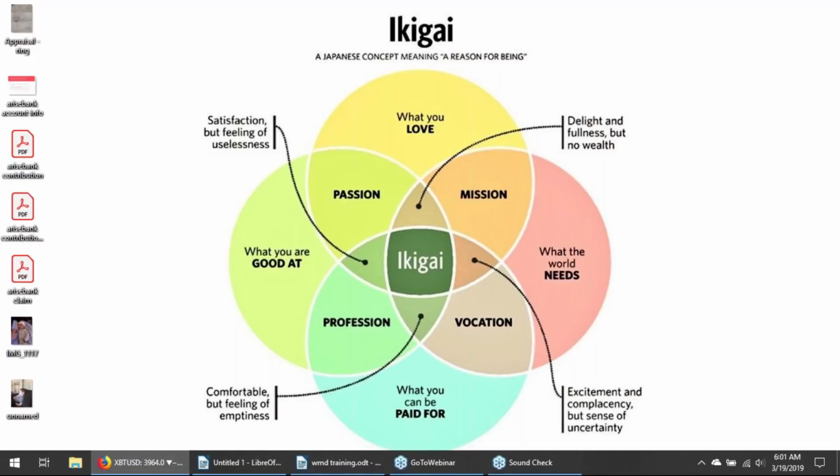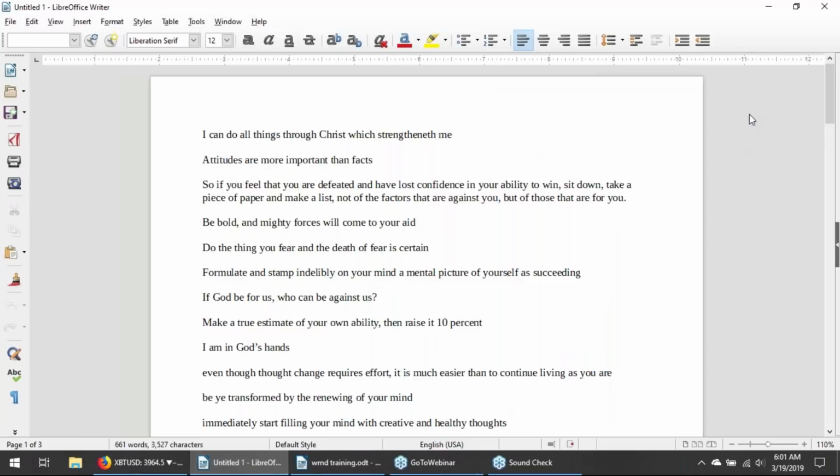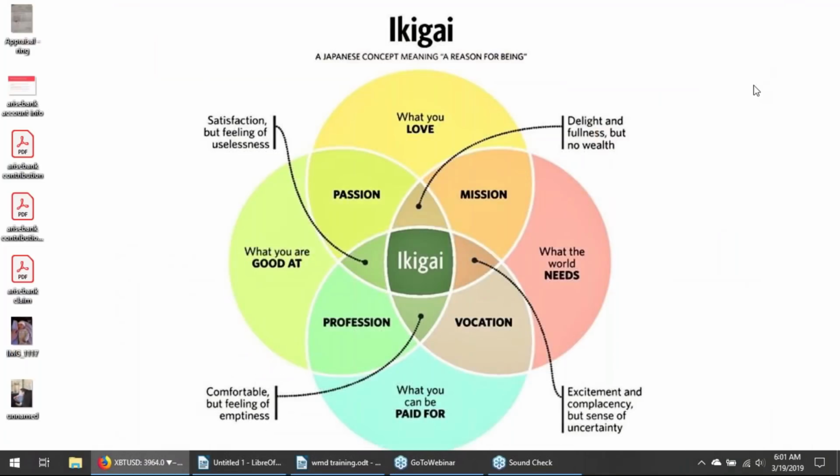So great story, Michael. And this is a very interesting slide that you have in the PowerPoint. So why don't you just take it away and tell us what the meaning of this is, and what's the definition? It means a reason for being, ikigai. Okay. Oh, you're just seeing...